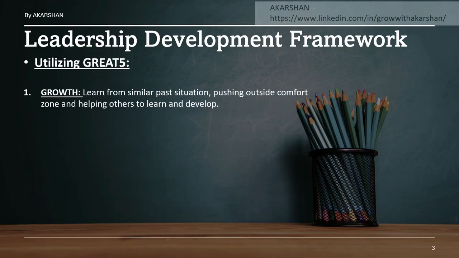So the very first one is growth. It simply means you are going to learn from what has happened in the past and use that data or that learning for your present scenario. Also, you are going to understand how that trend or that particular scenario is going to translate into the future. For the sake of time, we can say quarter on quarter, year on year, or financial year, howsoever.